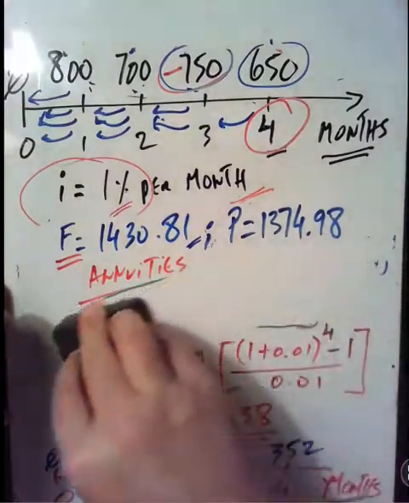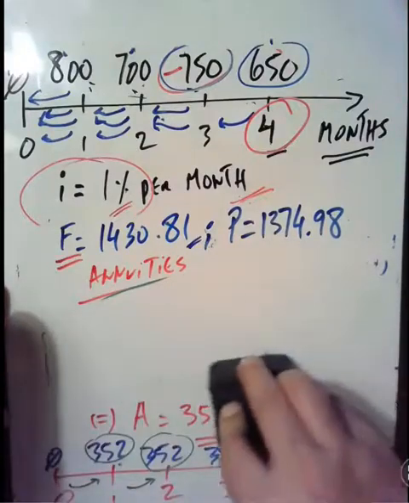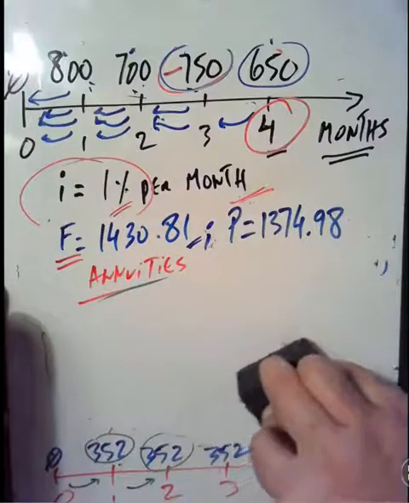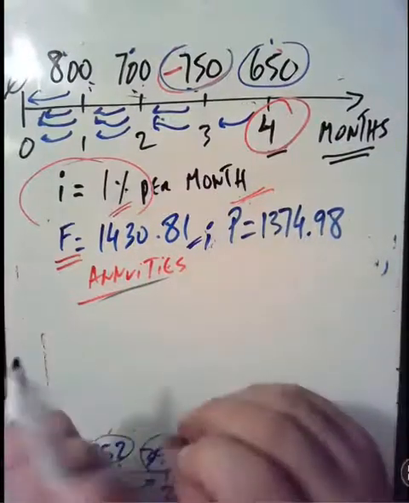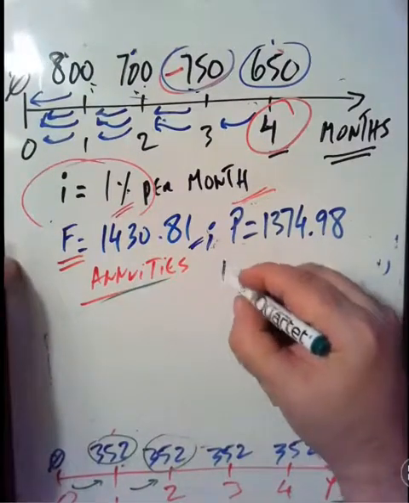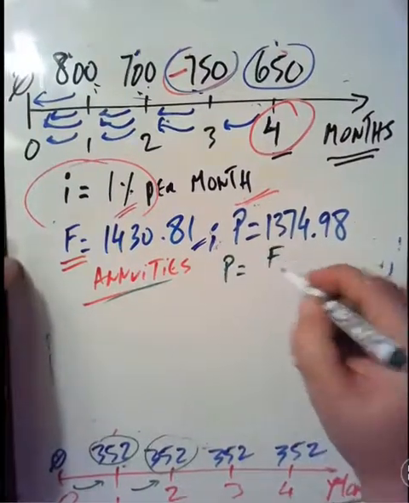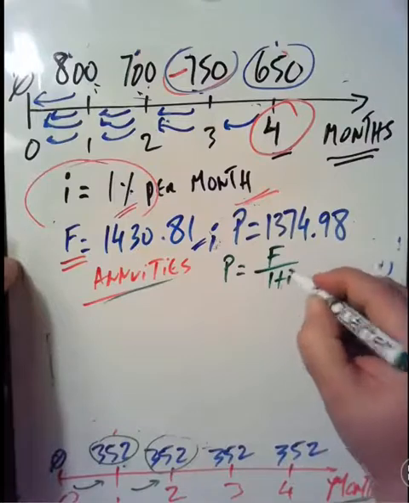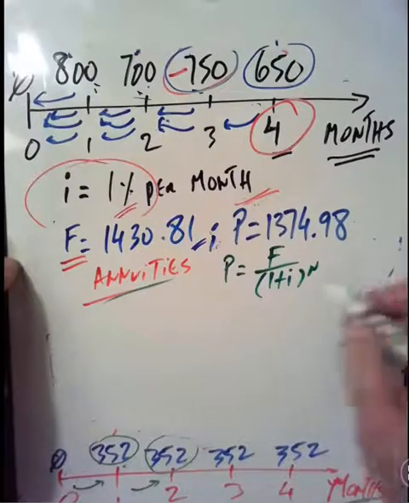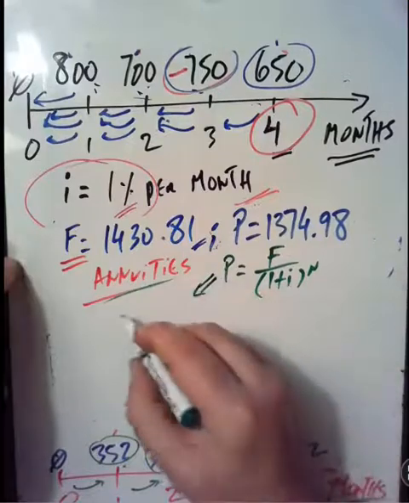So you'll have to compute a finite series of present value formulas, right? Let's do this here. The present value formula, remember, is just solving the mother of all formulas for P, and this would give an annuity of